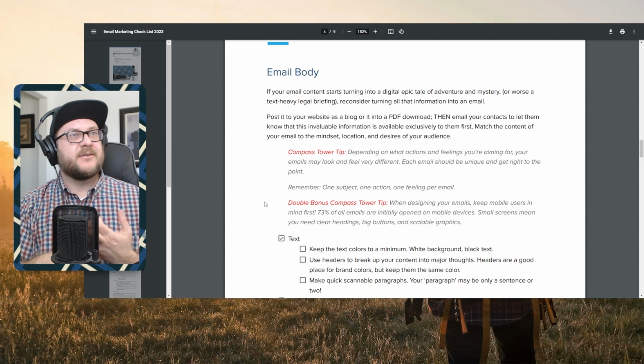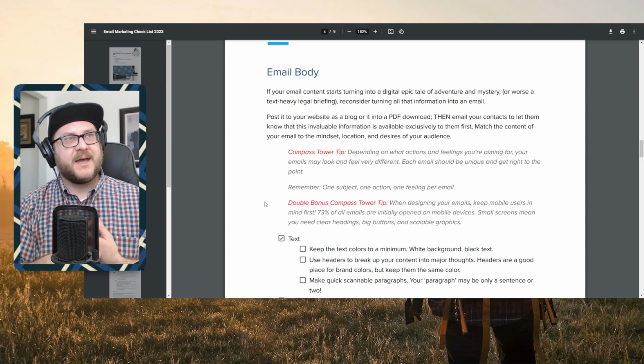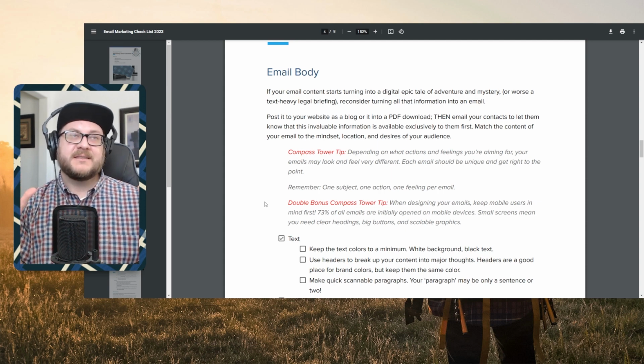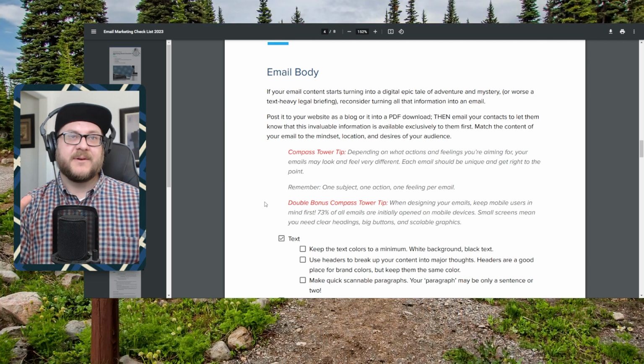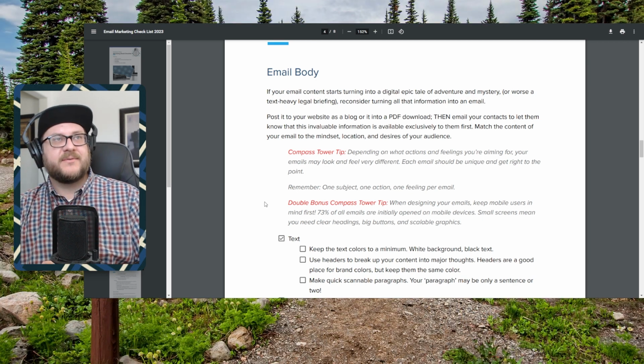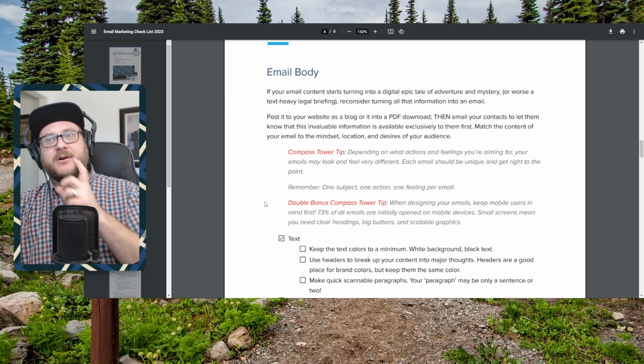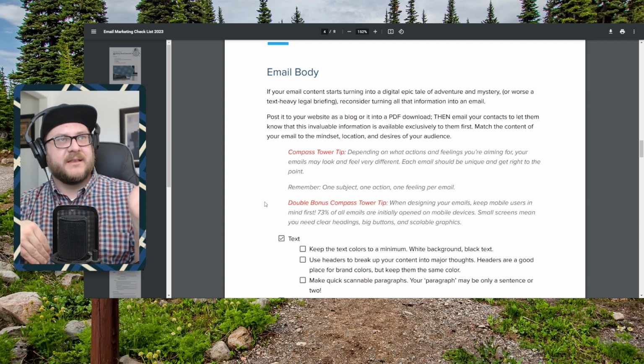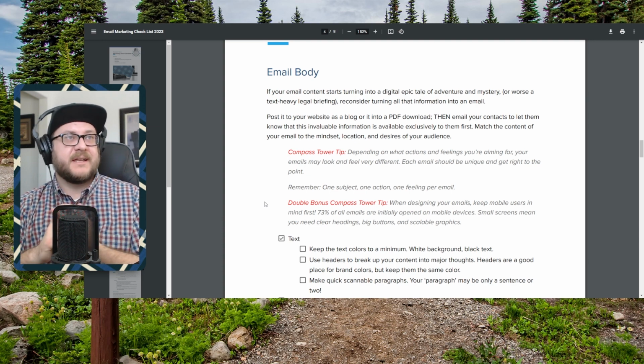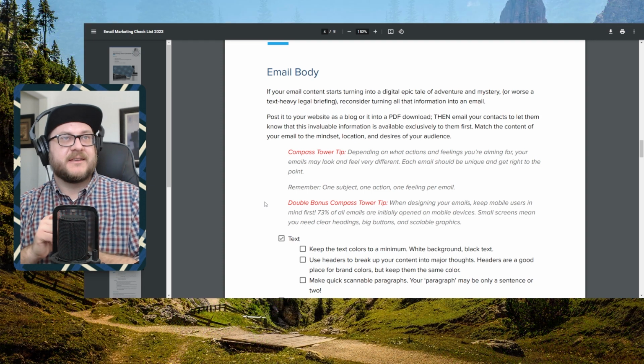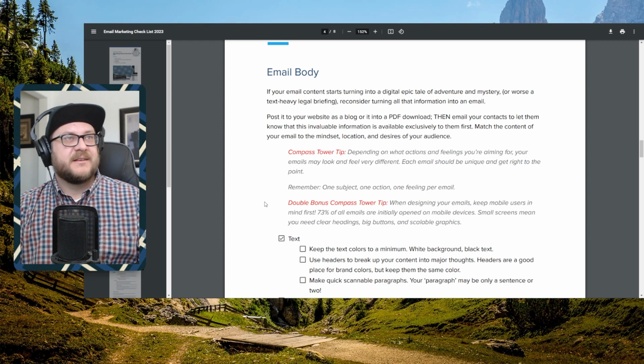Okay, zero call to action, but he would write these mammoth, tax-heavy documents and put them in an email. And I'd be like, look, this is 12 pages in a Word document. Why don't we put that in a PDF and people can click to download it, or we can put it on the blog and people can read it there. Do not send 12 pages in a document to an email address.